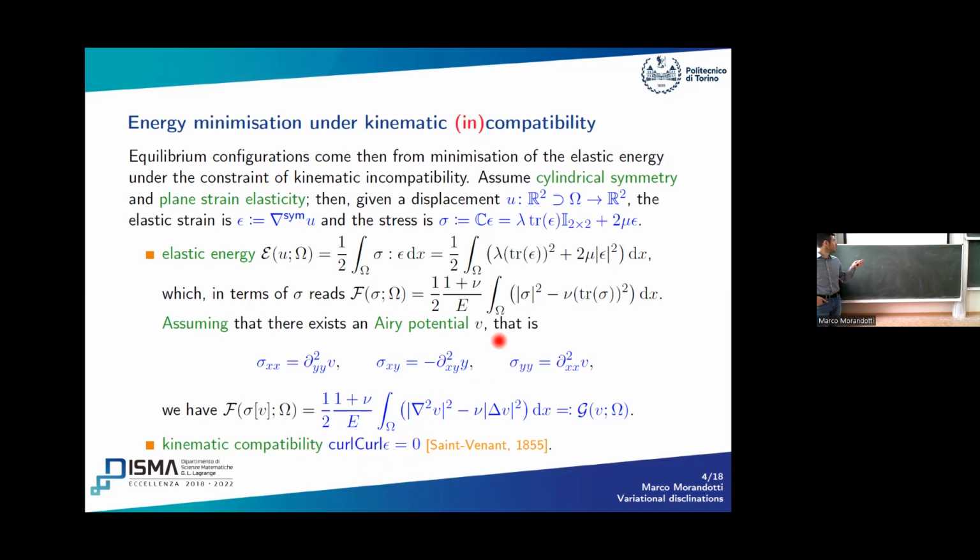Because we work in two dimensions, this is one scalar equation instead of a matrix equation. The original relationship that encodes kinematic compatibility with this double curl operation dates back to Saint-Venant, and it's called the Saint-Venant compatibility condition. What we want to do is insert the defect. So now the incompatibility will be measured by the fact that this double curl is non-zero, and it will encode the presence of the defects in some sense, all right?